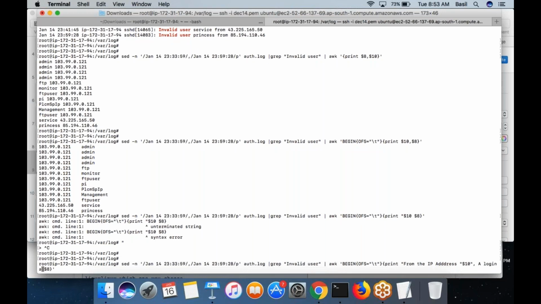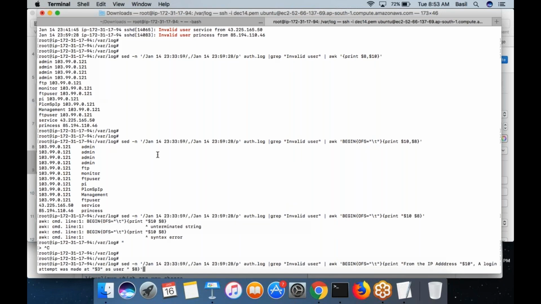A login attempt was made at what time the login attempt was made. $3 would show you the time, at $3. As user $8.